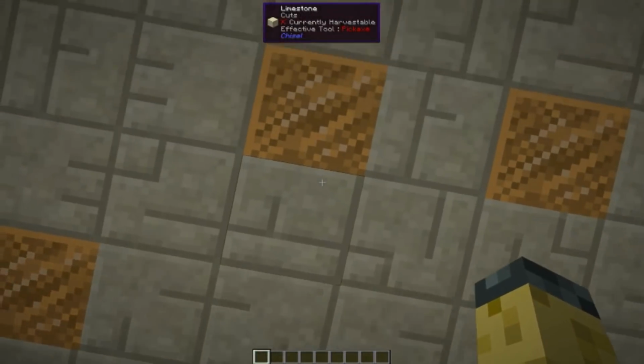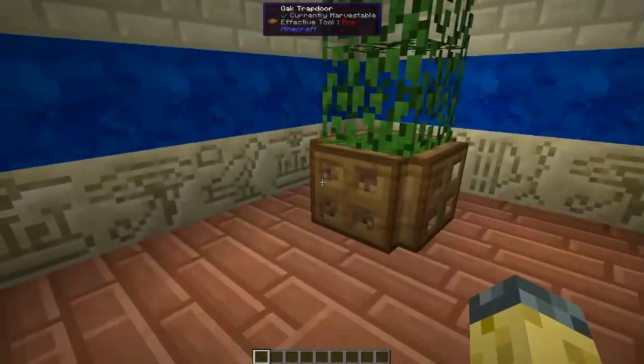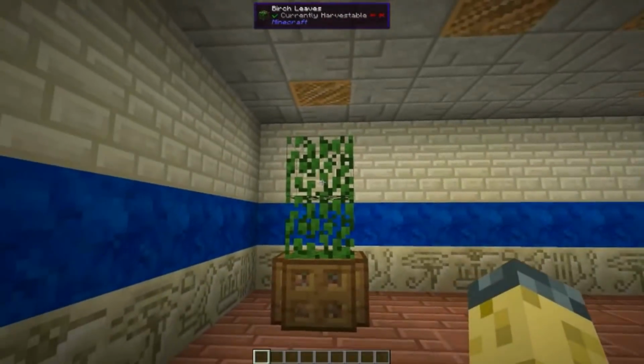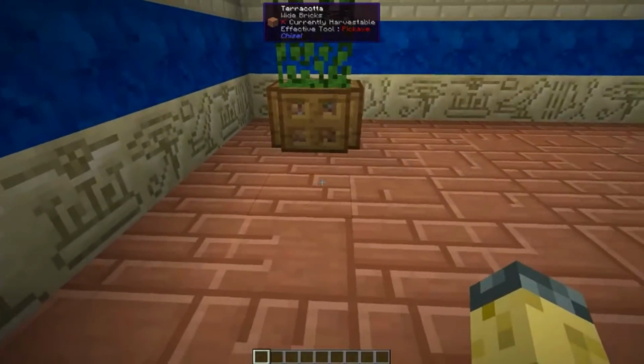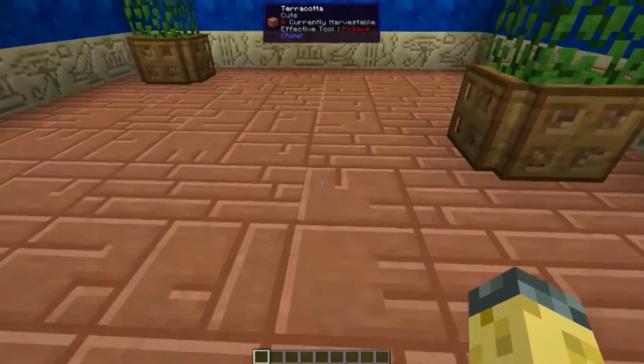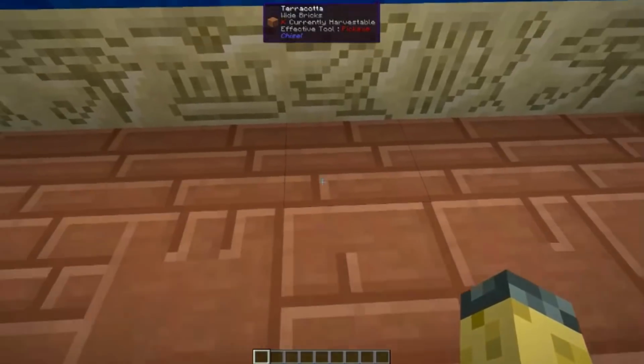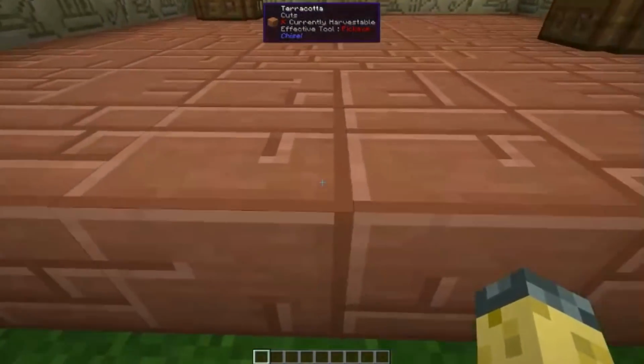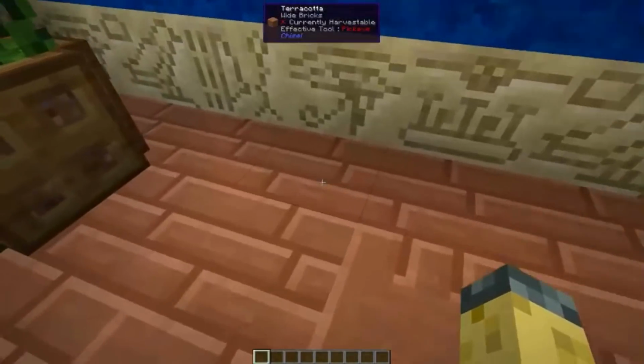On the top, we have limestone cut blocks and neon glowstone paneling, as well as grass and leaves planter boxes that can easily be done in vanilla. Don't be afraid to use vanilla techniques if they are necessary